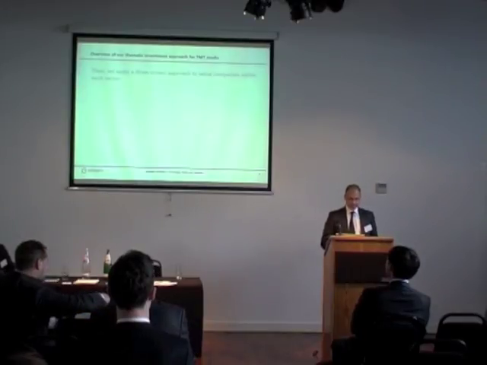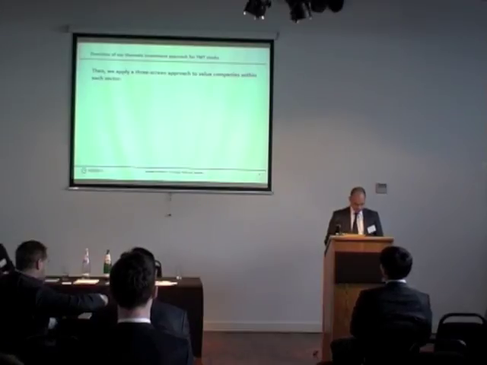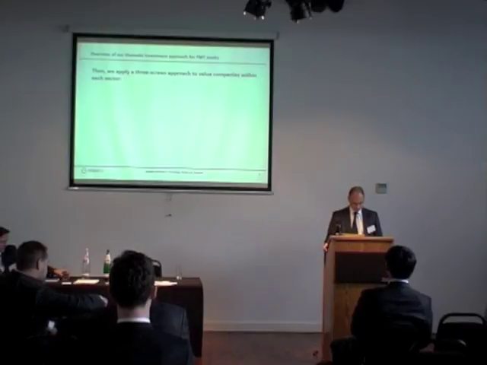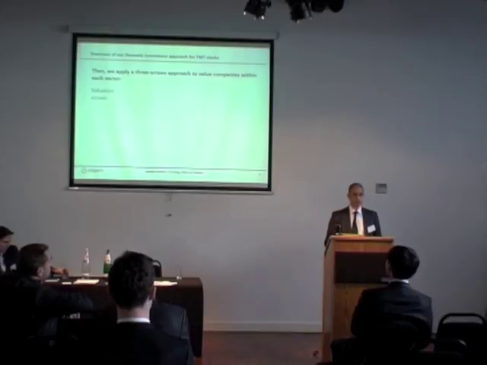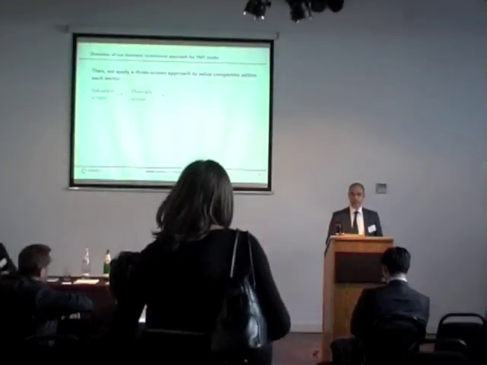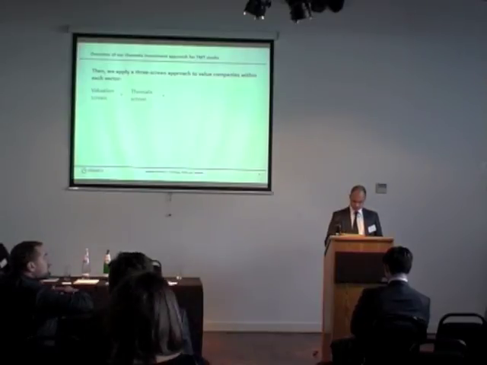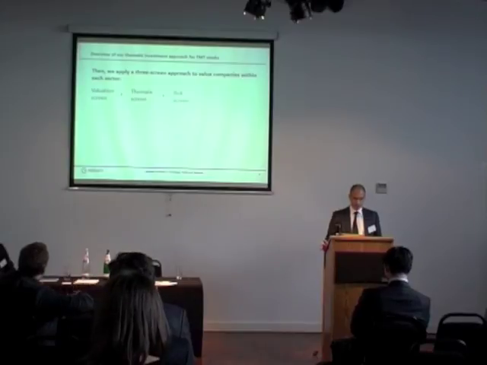So once we've identified our 18 subsectors where all different themes have a different impact, we apply a three-screen approach to value the companies within each subsector. The first screen is a valuation screen. The valuation screen ranks stocks by how expensive they are relative to their peers, using the metrics appropriate to that specific sector. Second is our thematic screen, which tells us who the technology leaders and laggards are in the technology cycles that are most important for that specific sector.